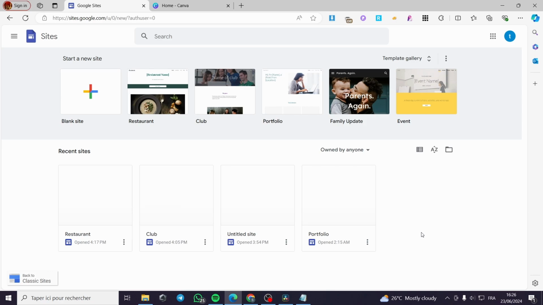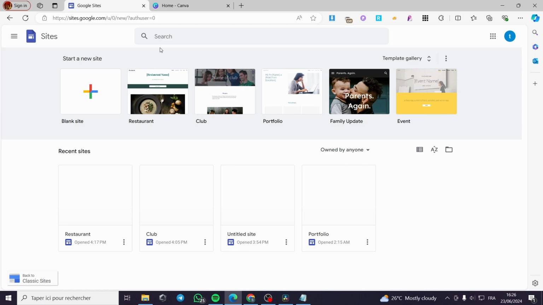Today I am going to show you how you can customize your own page headers on Google Sites. It is very easy and very simple. All you have to do is follow the tutorial from the beginning till the end and you will be good to go. Now, the first thing that you need to do is to create an account